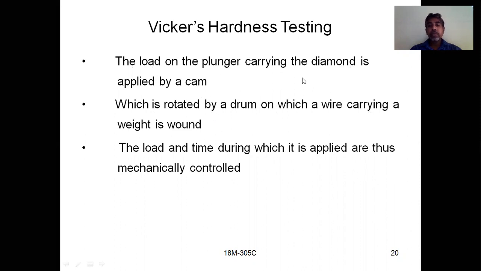The load and the time during which it is applied are mechanically controlled. Generally the load is applied for 10 to 15 seconds, and that duration is controlled by this mechanism.